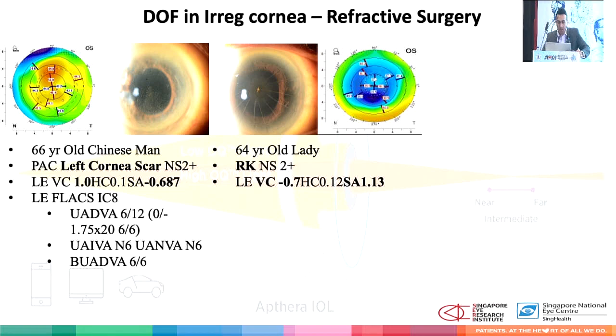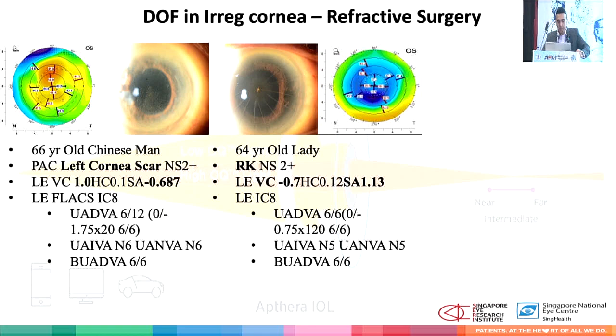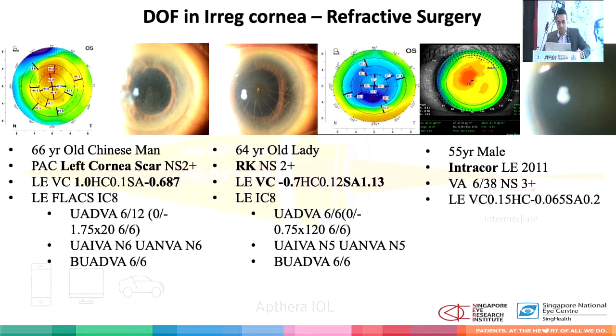Patients with RK, it works really well in. I still only put it in basically one eye. We can discuss that a little bit at the end. And again, good unaided vision for distance, but also very good intermediate and near vision. And in RK, the whole surface is very aberrated, and I think this is a great lens choice to put in. Other cases, including intraocular, which ironically was also made by B&L,